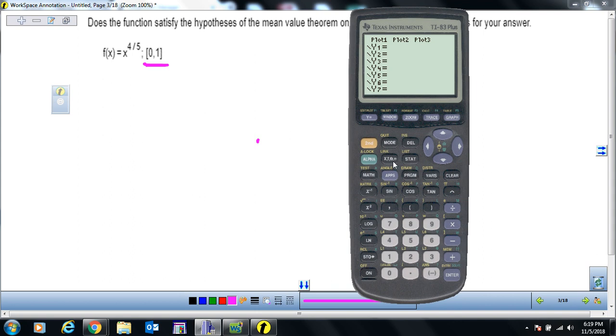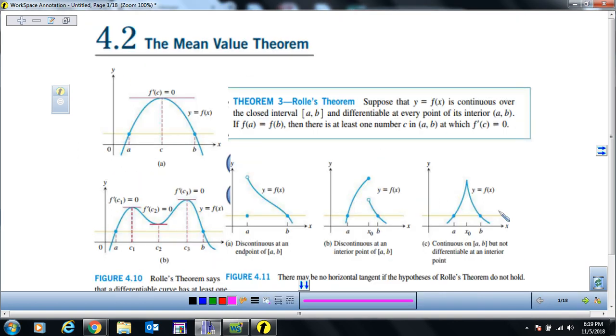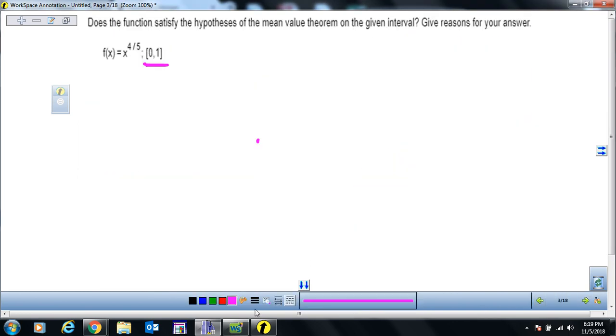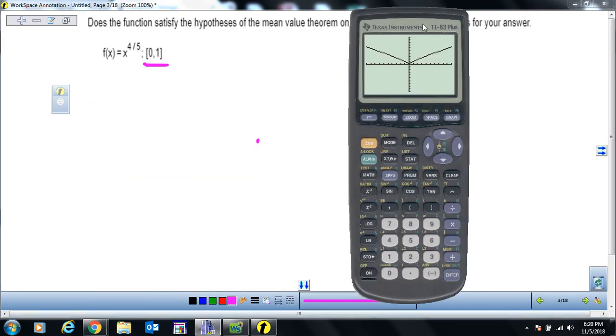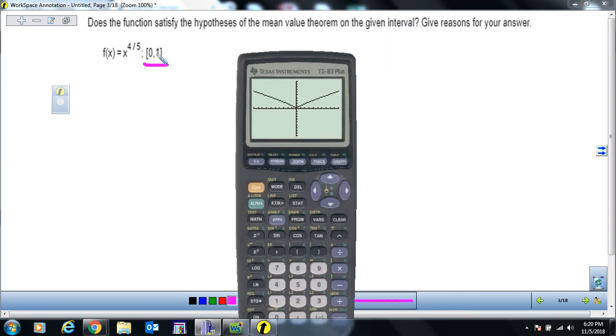So if you put x raised to the 4 over 5, if I look at the whole function itself, remember the types of discontinuities that we reviewed right now? This right here at the center, at the origin, that could be something like letter C, that kind of discontinuity where there's sort of a cusp. So then we may say that this function is not continuous,